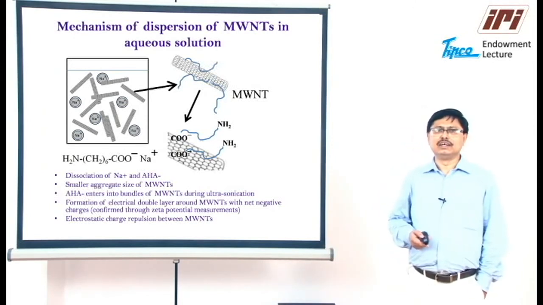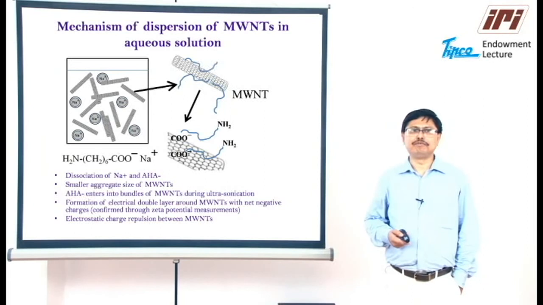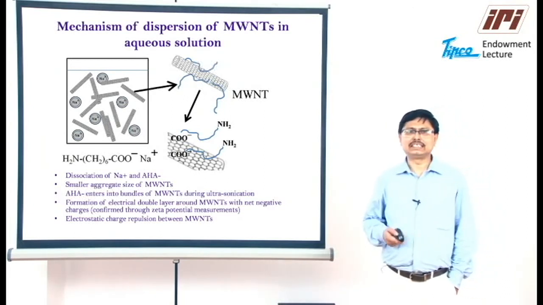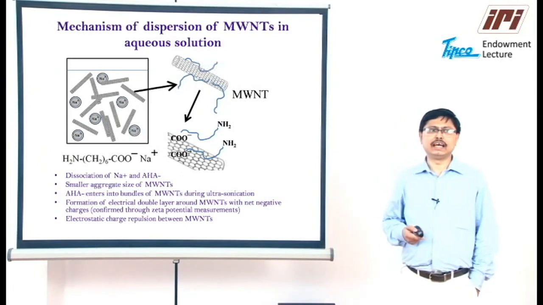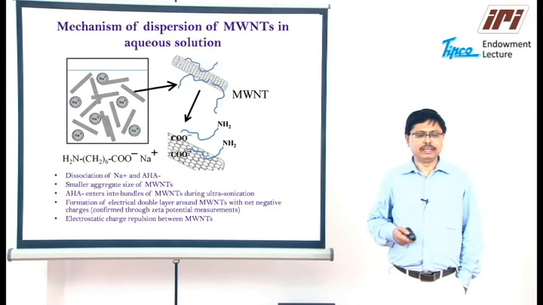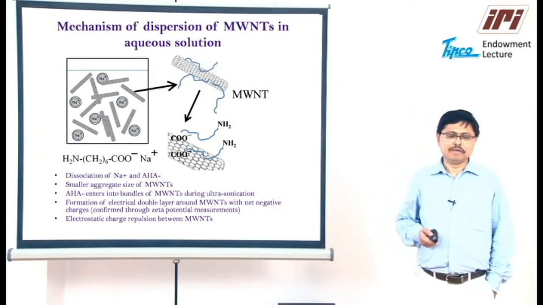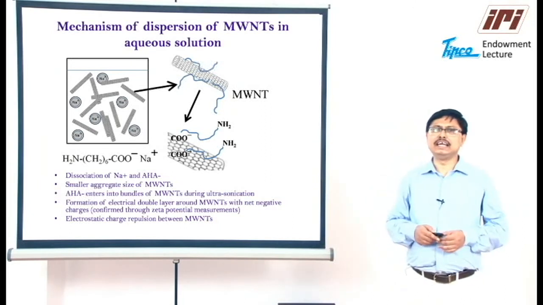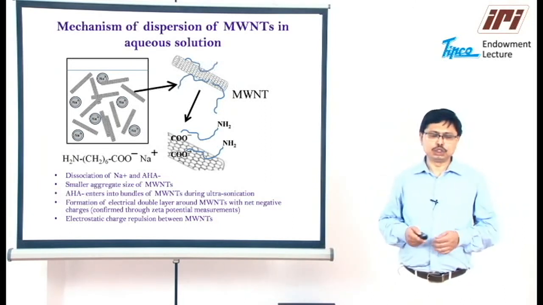In order to achieve a more exfoliated, less aggregated structure of the nanotubes before even putting them in the melt mixer, we realized that NaHA might be dissociated as Na+ and AHA- in the aqueous solution,